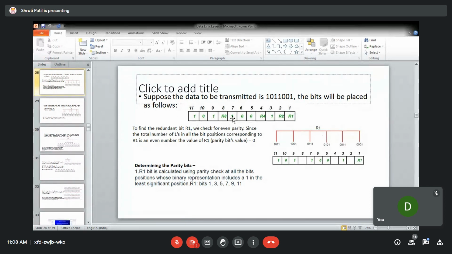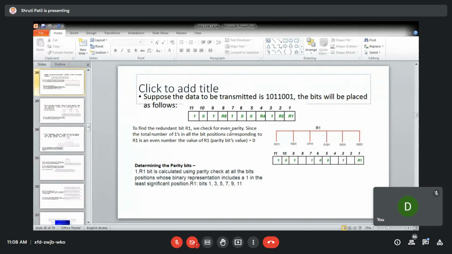This is how the bits will be added. Now, what will be the value of R1? You have to calculate the value of R1, R2, R4, and R8.